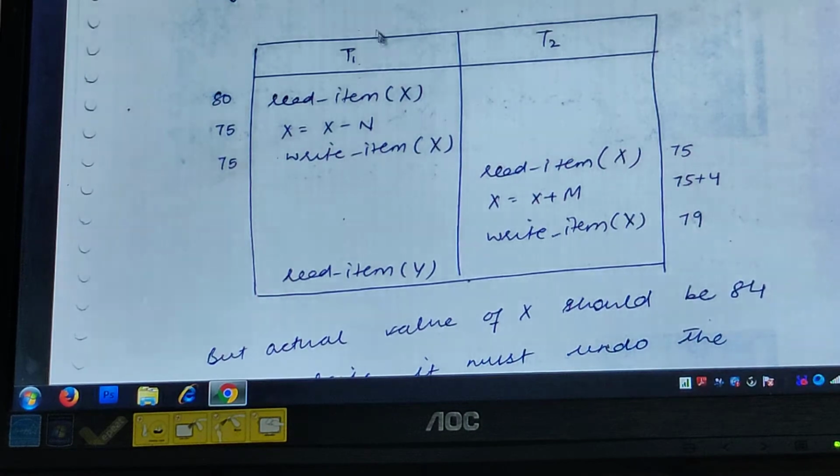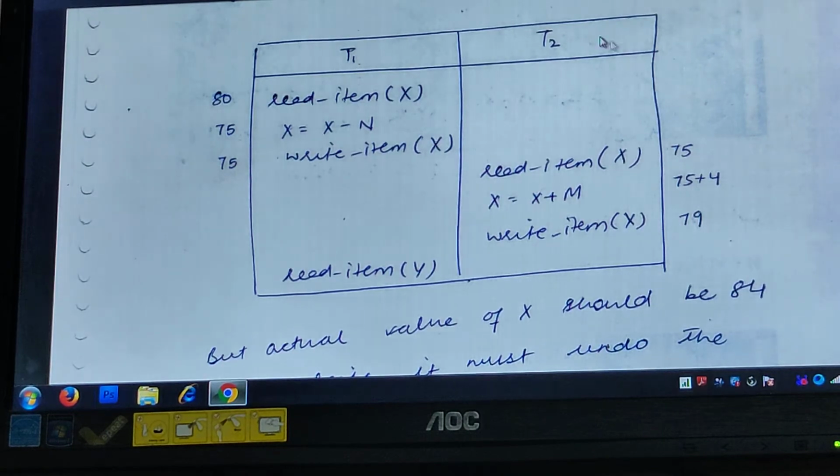But suppose T1 will complete after it reads the item Y, this is the whole T1. Now suppose after this particular value T1 fails. When a transaction fails, all the changes that particular transaction has made should be rolled back. But because T1 has failed, if we roll back the value of X, it should again become 80.